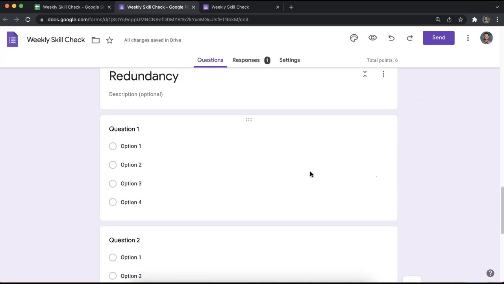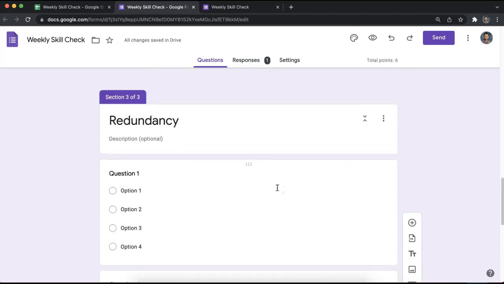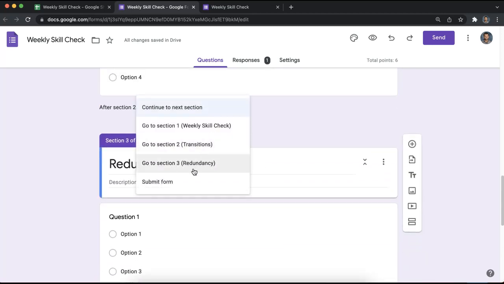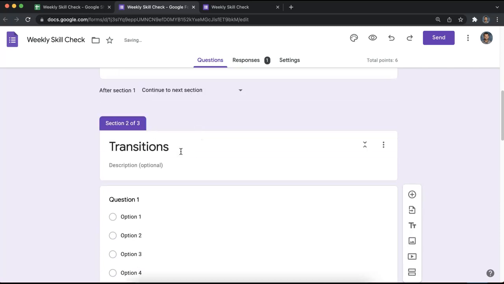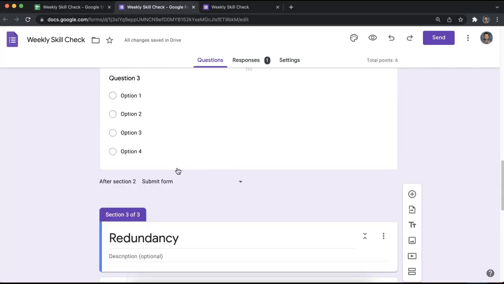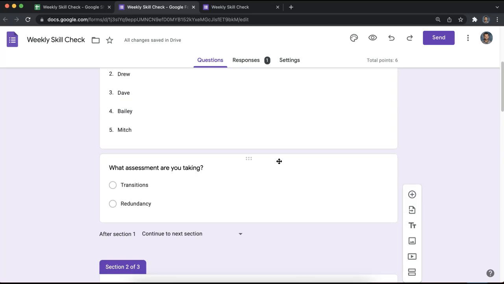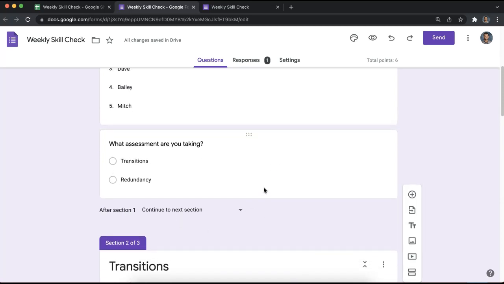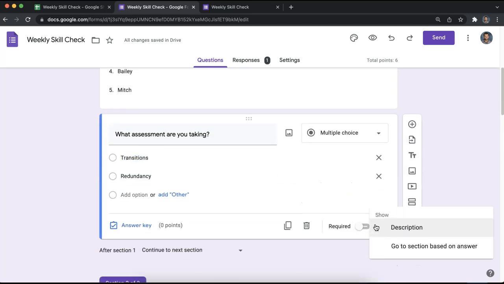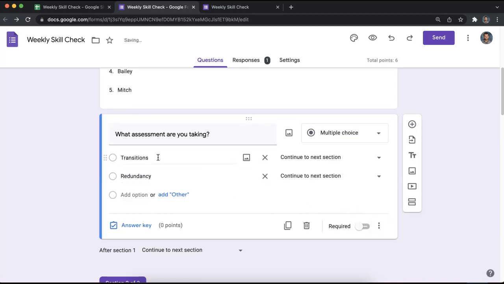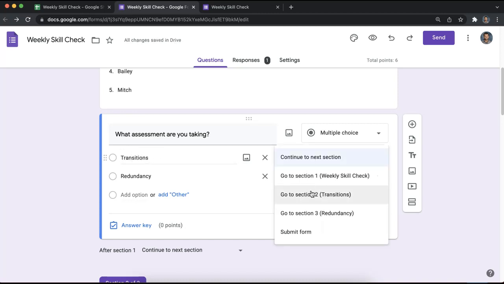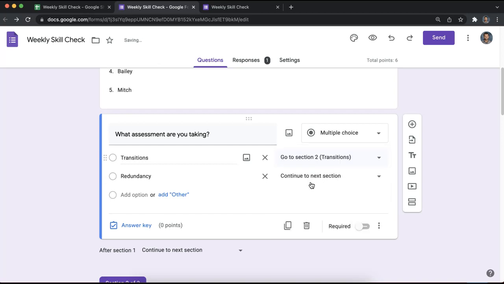Okay. And then the way that I would set this up now is, after somebody took the transitions part, the form would be submitted, so they wouldn't move on to the redundancy section. So I'm basically splitting up these sections into their own things, and then I would take these little three dots, go to section based off answer, and if someone chose the transitions assessment, they would go to the transitions section,